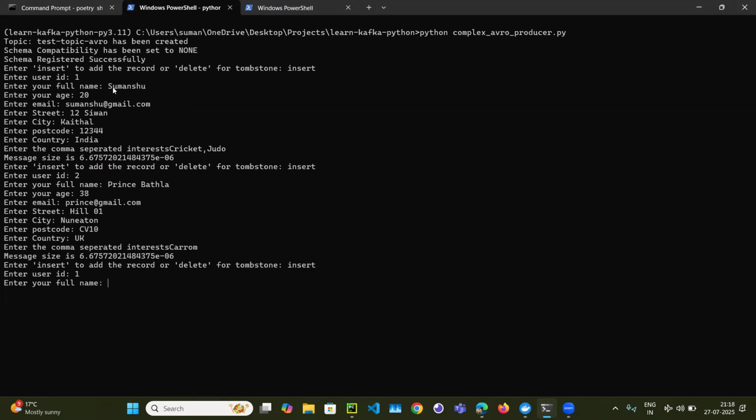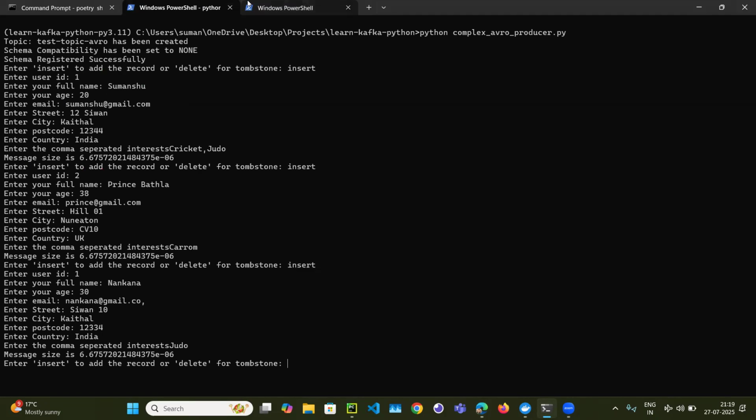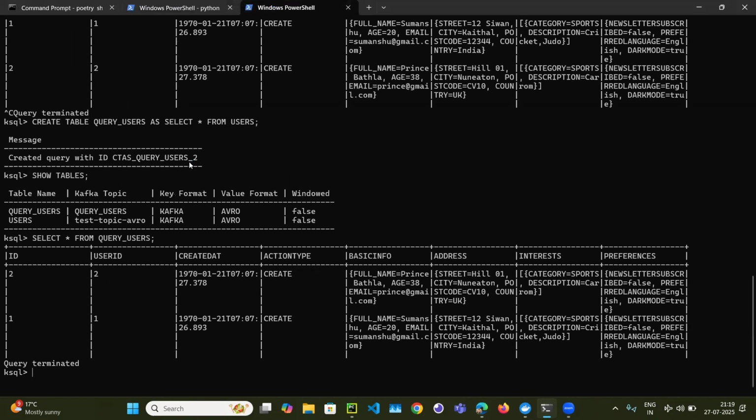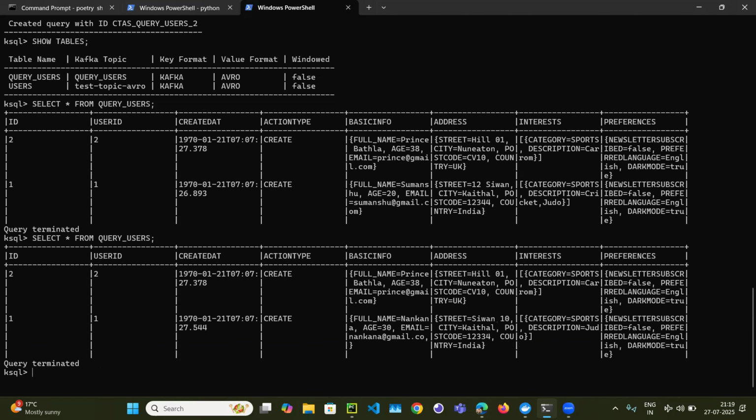But this time, instead of the name Sumanshu, I am giving something else as the name, but the ID is the same. All right. And now if I do select star from query users, you could see